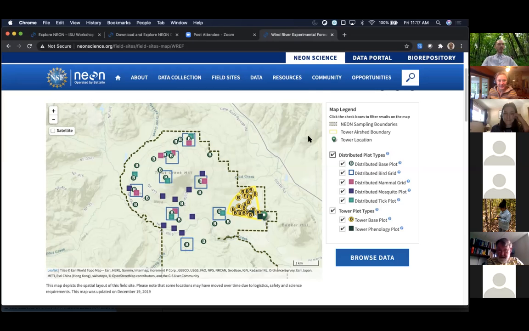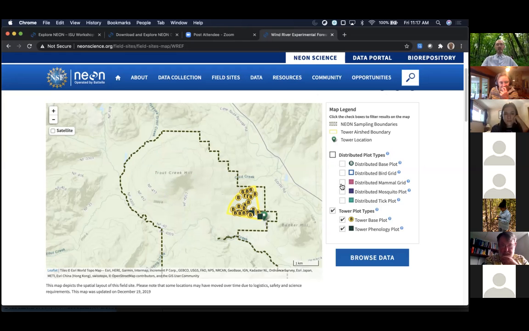So yes, we have a very intensive spatial sampling regime right next to our tower. So what I did while Marie was talking, I hope it wasn't too distracting, was just pull up one of our site web pages here. This is for the Wind River Experimental Forest in southern Washington state. And so here, this is a nice kind of GIS enabled page. You can pull up satellite imagery or whatever if you want to. But